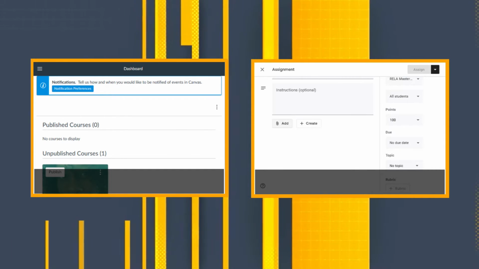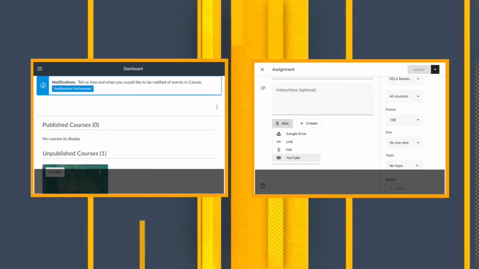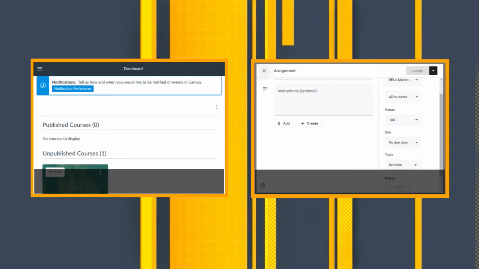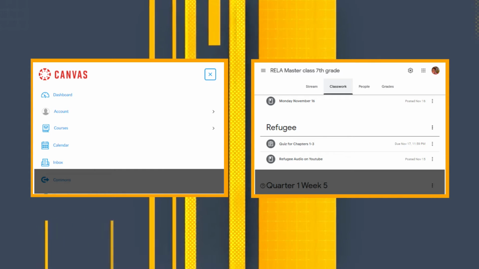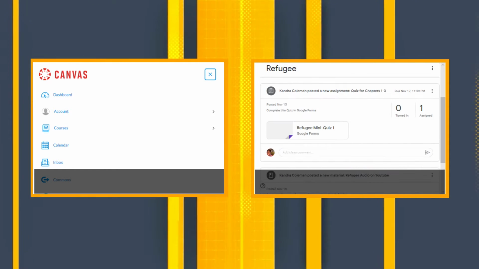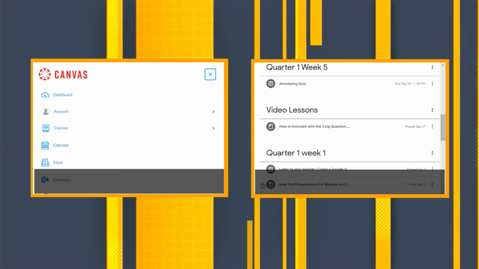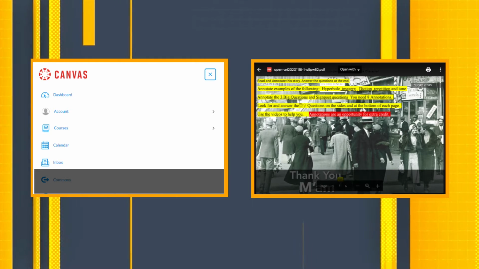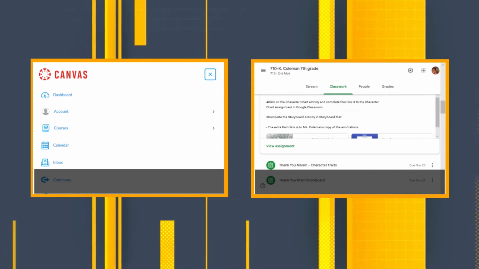Once you have added your document from Google Drive, a link, a file from your computer, or a YouTube video, you can then assign this to your students. One of the features that I like in Google Classroom that's very similar in Canvas is the ability to grade students. For instance, if I go to the classwork tab and open an assignment that I created in Kami. So here's a lesson that I created in Kami. And when I want to grade this assignment in Google Classroom,